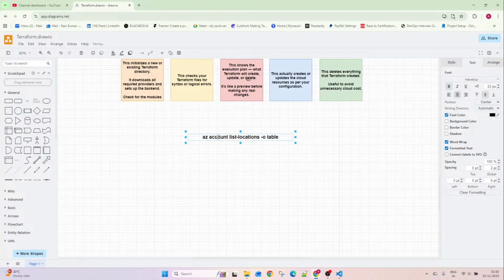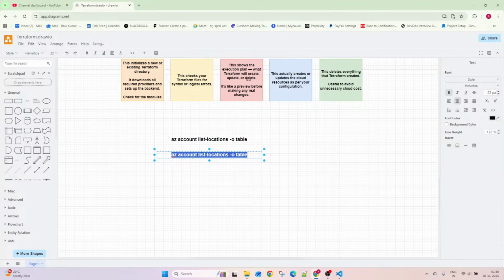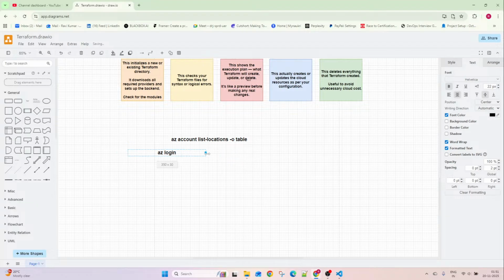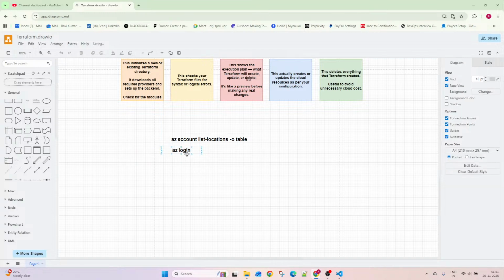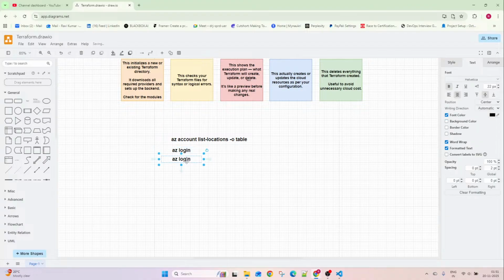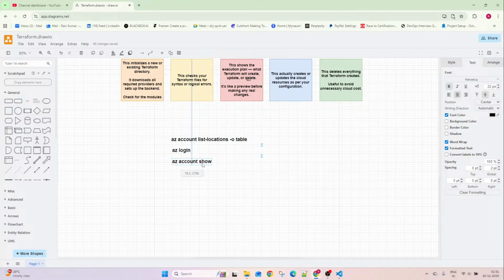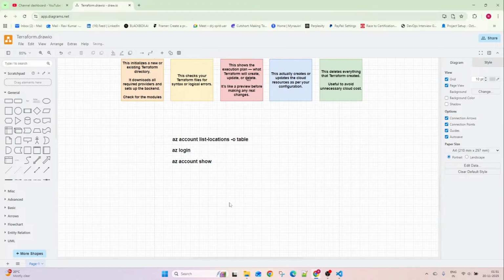Whatever the code I showed you, I'll write first agent account. So okay, agent login, agent account. So I'll write to the